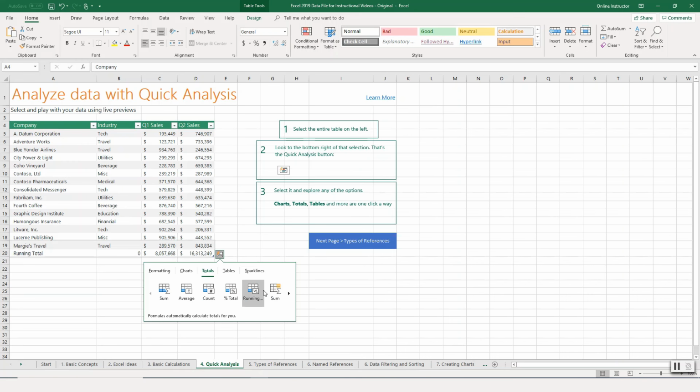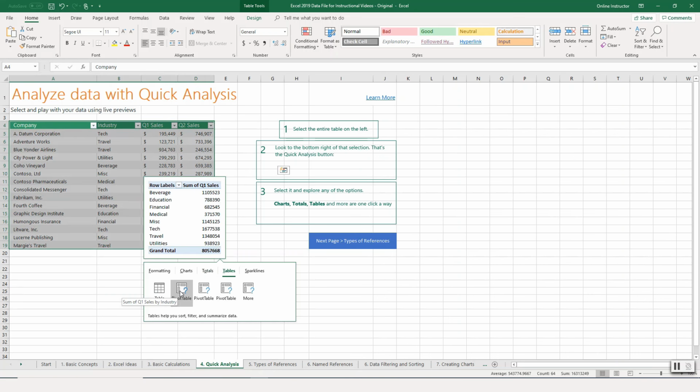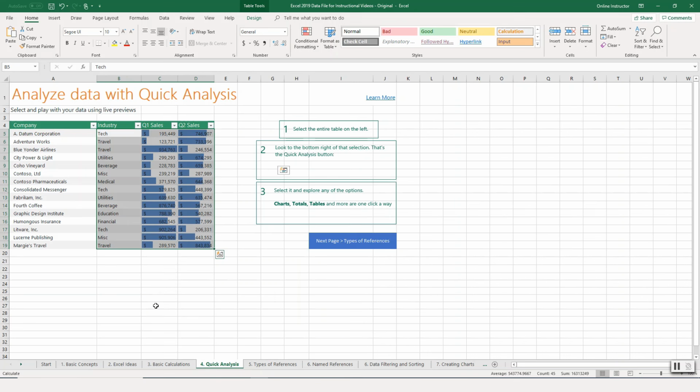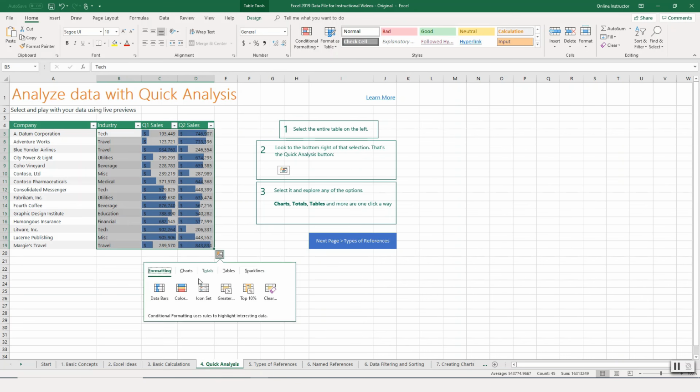Notice it added another column on the right hand side. You can also create additional tables. For example, if you want to create a quick pivot table from here. So suppose we wanted the data charts. There it is. We just simply select it and then apply the values. If we wanted to create a specific chart,